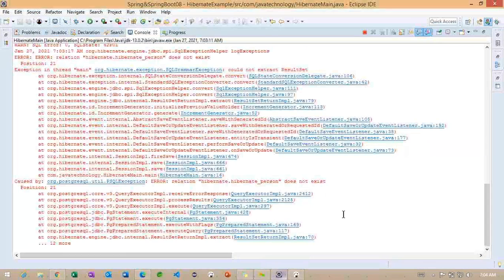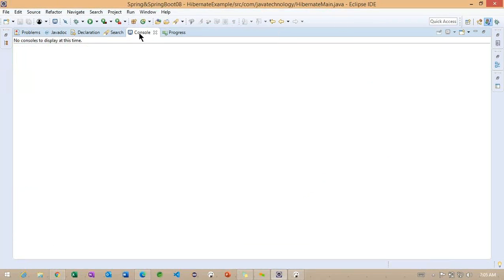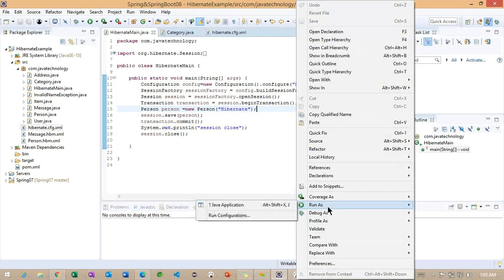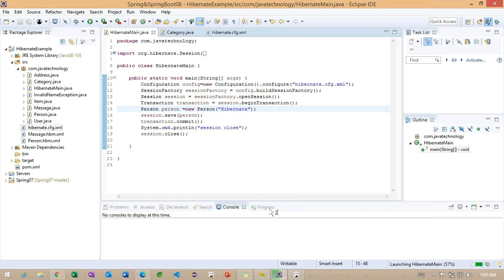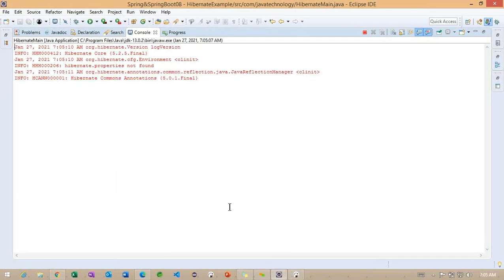Refresh one time. We'll go back one more time to our application. So let me run the same example here. Now observe here, we created the schema here.